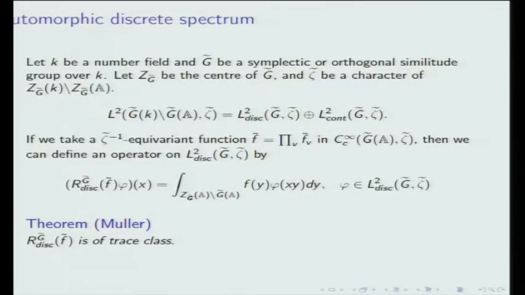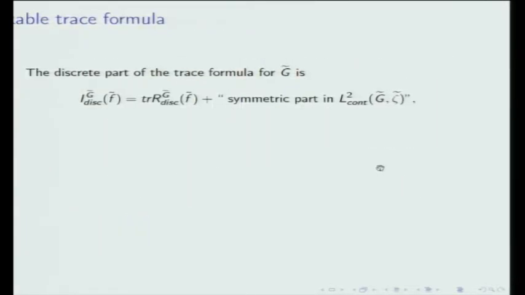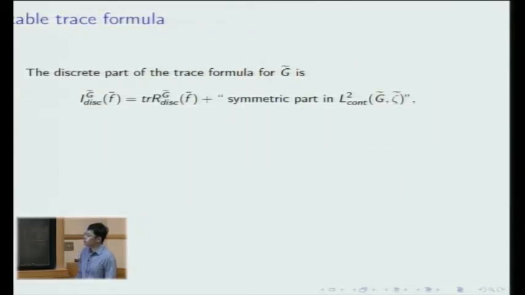But because this endoscopic group, the discrete spectrum on the endoscopic group will not only transfer to the discrete spectrum of G, in this case G tilde, but also transfer to some continuous part. So in order to write down a nice formula for the stabilization of this trace, we have to add some continuous part into that. So what we do is we add some symmetric part in the continuous spectrum, and the